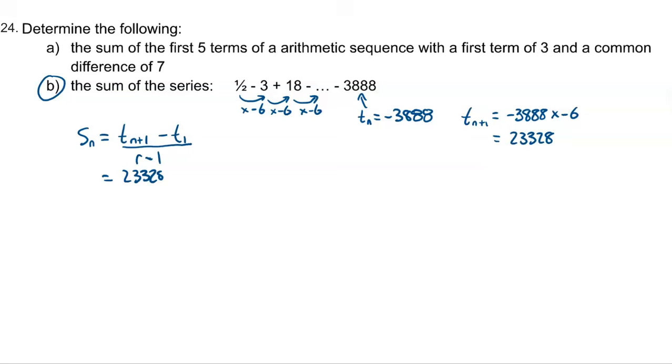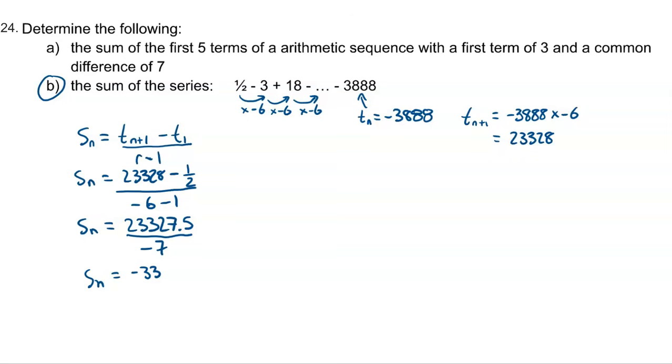So the Tn plus 1 is that. We subtract the starting term of a half, and we divide that by r minus 1. Now r is negative 6, subtract 1, and you'll notice that this is Sn. We don't know how many terms are in the series, but we do know what the sum is despite that. So we simplify the numerator, we simplify the denominator, we divide those two things, and what we get is a final answer of negative